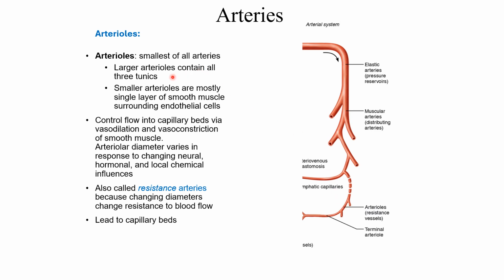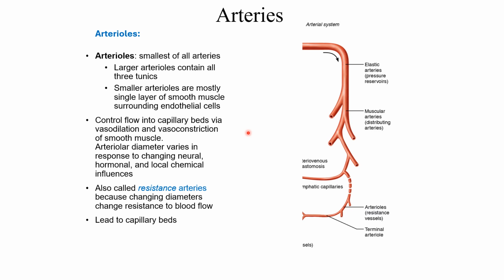Larger arterioles contain all three tunics: tunica intima, tunica media, and tunica externa. Smaller arterioles are mostly a single layer of smooth muscle surrounding endothelial cells. So in the smaller arterioles, there will be endothelium, then a smooth muscle layer, and that is it. This is how smaller arterioles are, and they control the flow of blood in the capillary